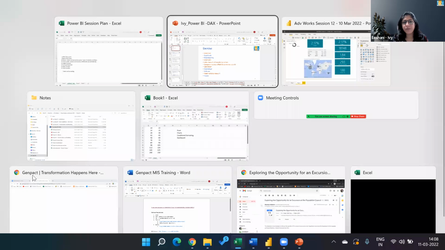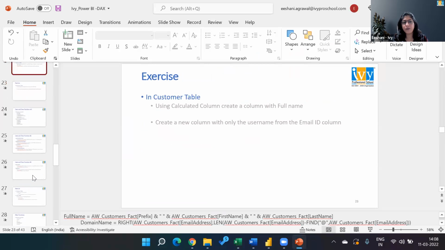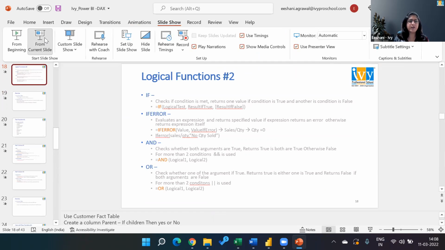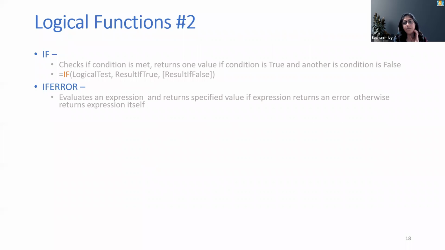So let's start. Just like how we saw the functions yesterday, which were related to the logical operators, we also have functions which are related to text. So again, most of these functions that you will see in Power BI are exactly the same as Excel. And it makes sense because this is also a Microsoft Office product, and Excel is also a